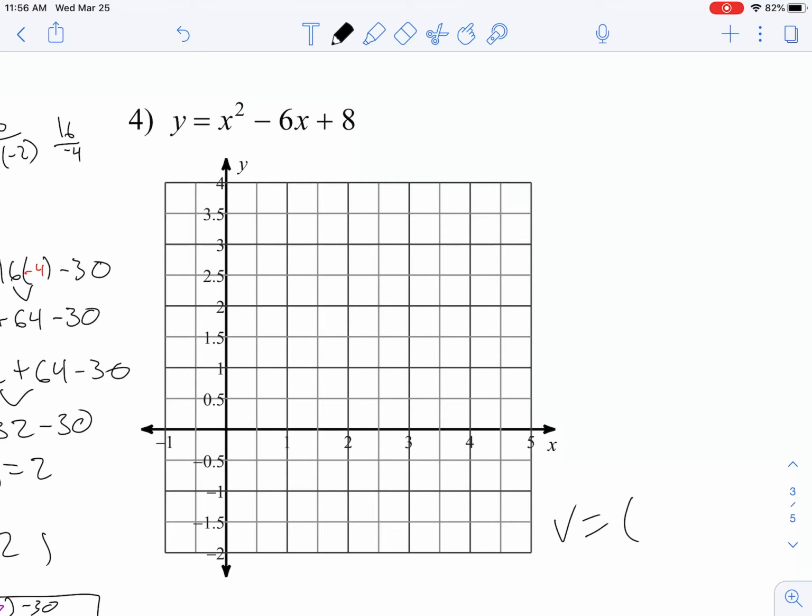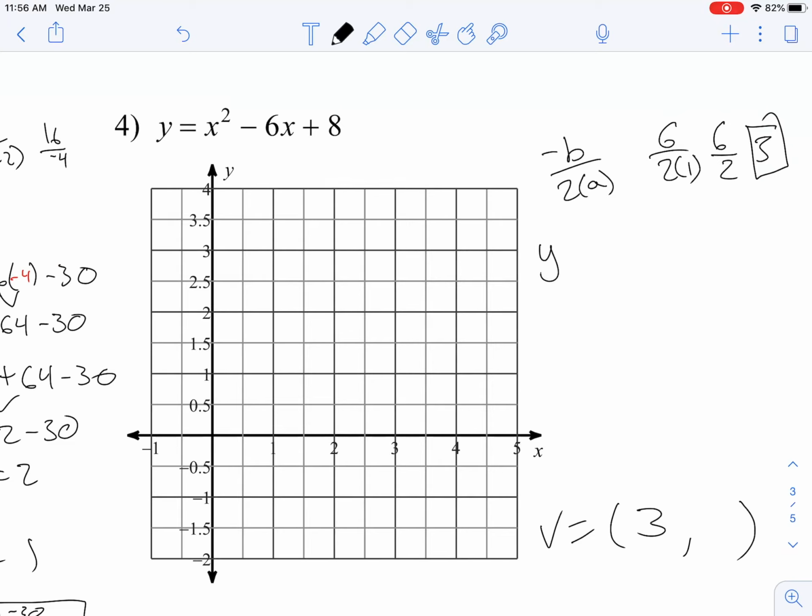V equals, in order to find that, I have to use -b/2a. My A, B, and C, so my B is -6, so the opposite of -6 is +6 over 2 times 1, which gives us 6 over 2, which gives us 3. So my first point's 3,